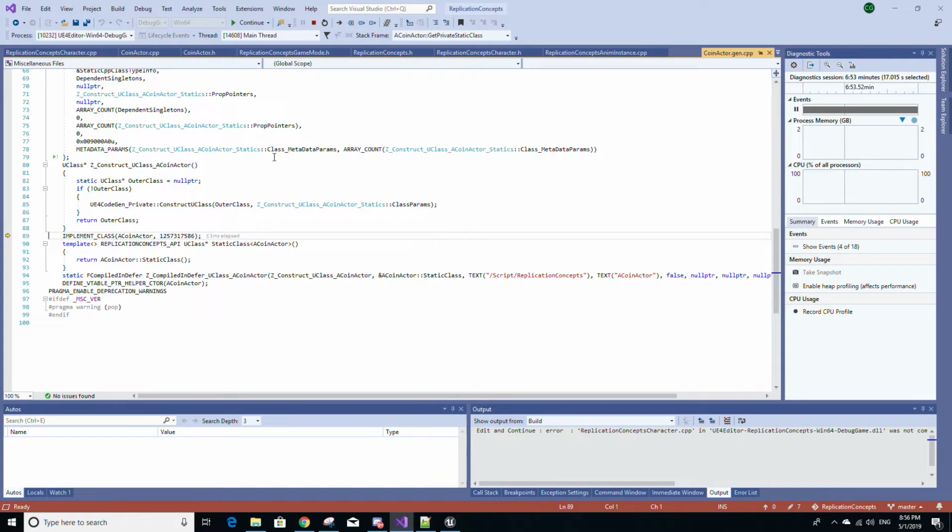Now, normally it won't do this, but the reason it's doing this is because it's an engine code function. It's a built-in function in Unreal. So unless you have the source version of Unreal, you won't be able to step into engine code. If you want to step into engine code, and I highly recommend you do this because it's super helpful, when we selected the debug game editor option or solution configuration up here,